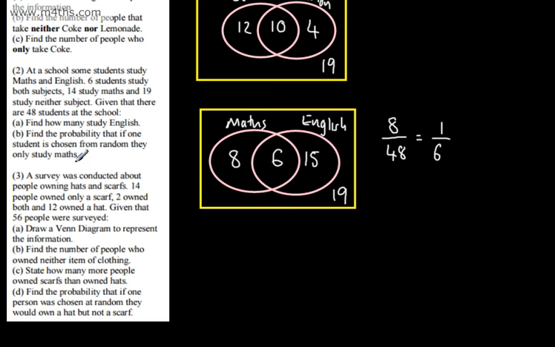Okay, question 3. A survey was conducted about people owning hats and scarves. 14 people owned only a scarf, 2 owned both, and 12 owned a hat. Given that 56 people were surveyed, A, draw a Venn diagram to represent the information. B, find the number of people who own neither item of clothing. C, state how many more people owned scarves than owned hats. And D, find the probability that if one person was chosen at random, they would own a hat but not